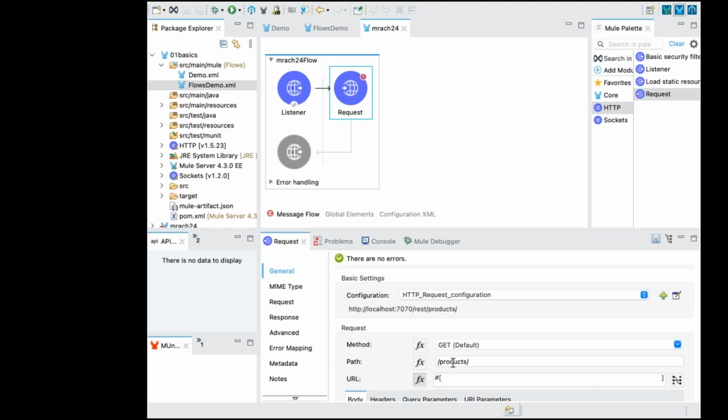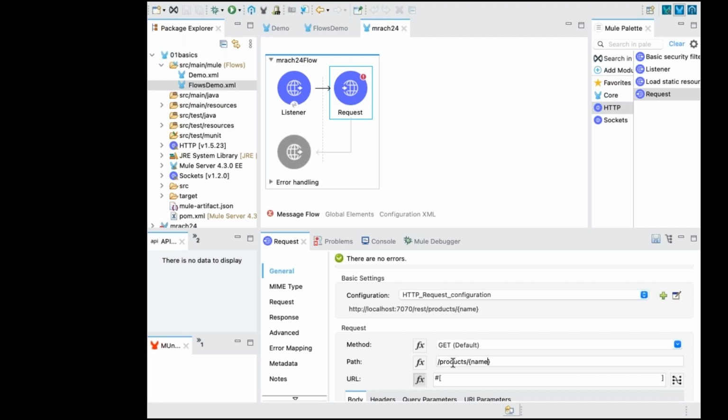There we have given a path slash URI parameter path, using curly braces. And what is the key? I think it is exposed as name. Name is the variable name.